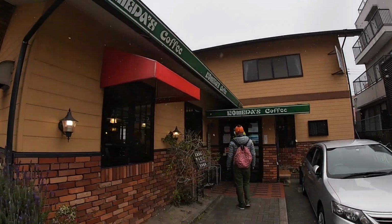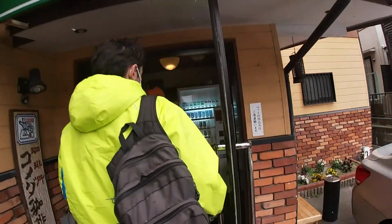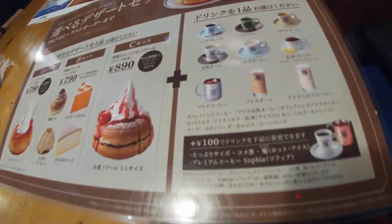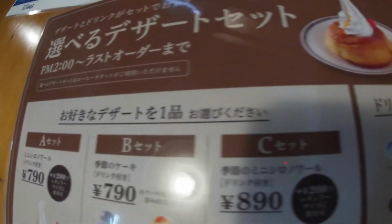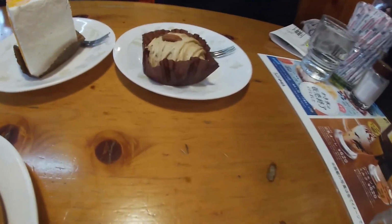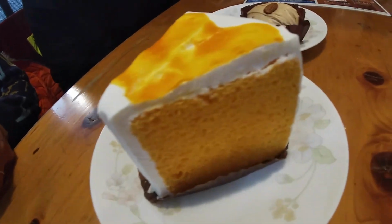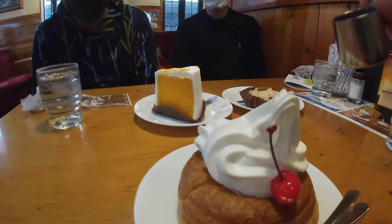Inside, we went for one of the cake sets. Again, if you choose one of the drinks that they have listed, you've got a little selection of cakes to go for. So each of us ended up choosing a different cake. Rajib went for a mikan sponge cake, like a type of orange. Ben chose an almond cake, and I went for the very traditional Komeda cake, which is the mini shironowaru,